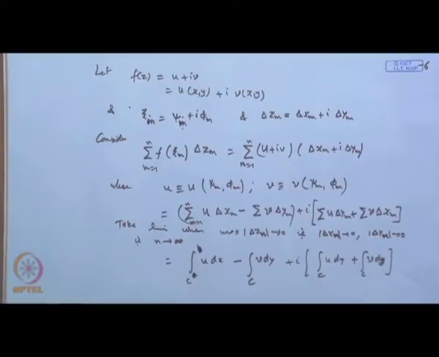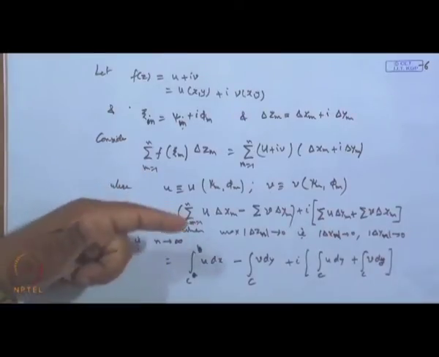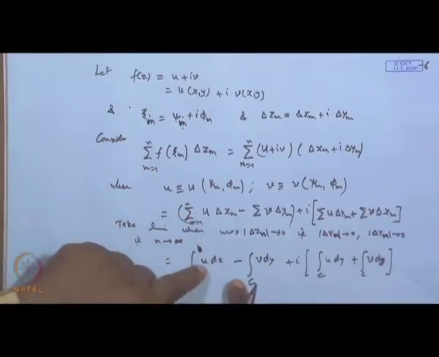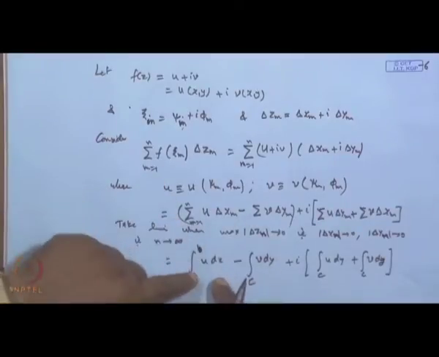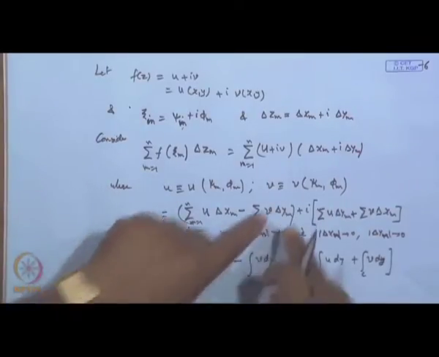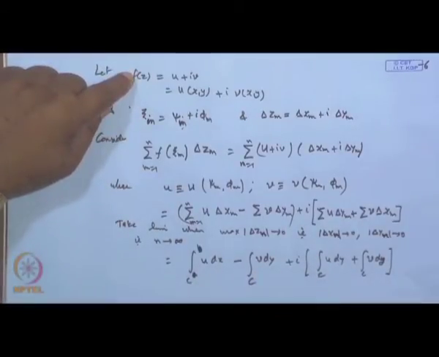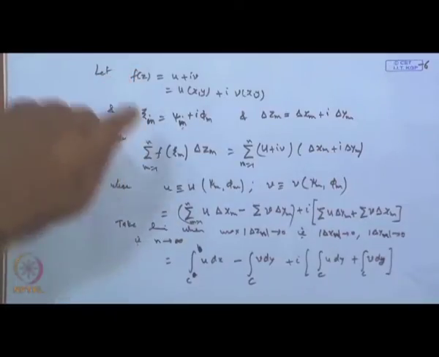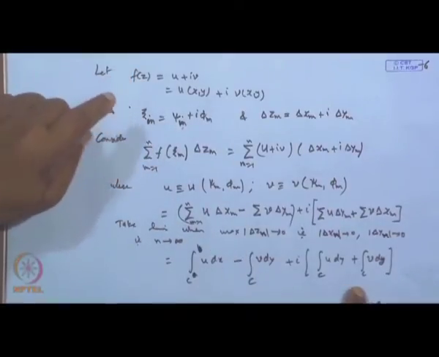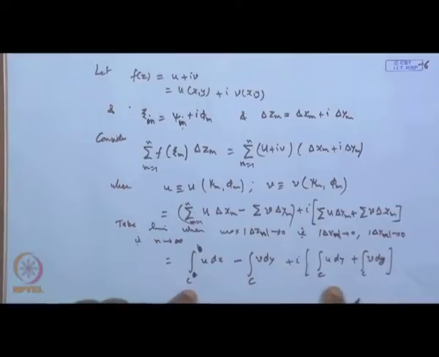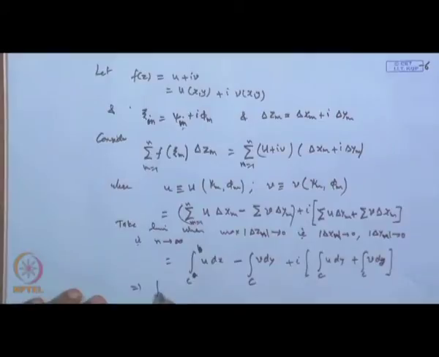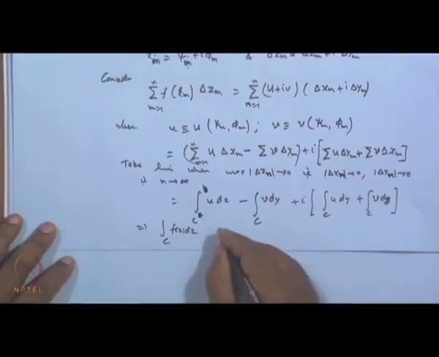Okay? Because of the function of single real variables, we know that this limit will exist and give the integral of u dx, integral of v dy, and so on. So, if function f is analytic, is continuous, and this is a smooth curve, then this limit exists and we get this value, and that shows the existence of the line integral. Therefore, the integral of f(z) dz along the path C will exist.